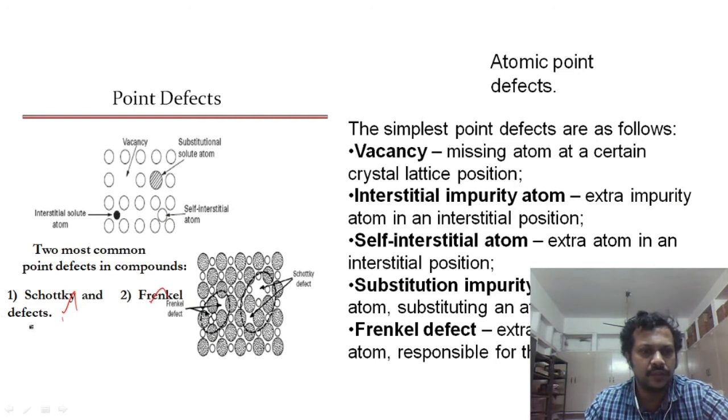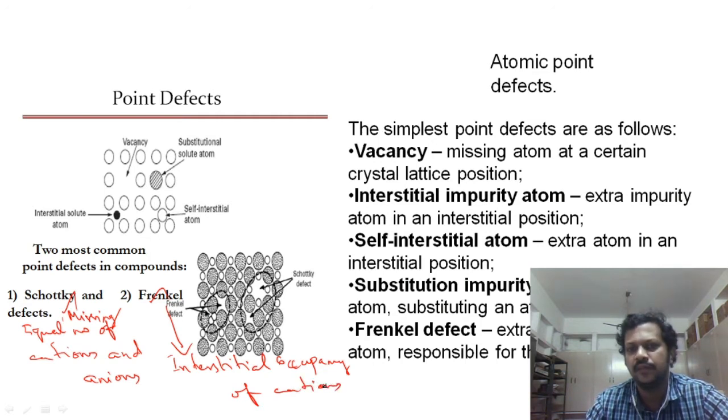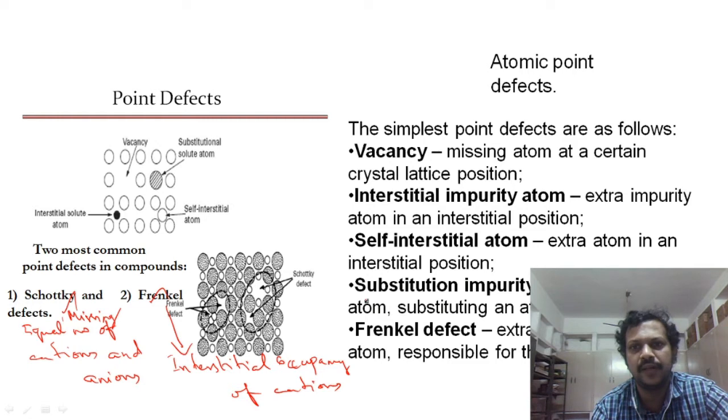So here, there is a missing of an equal number of cations and anions, and in this case, interstitial occupancy of cations. These things you have already studied in your lower classes, Schottky and Frenkel defects, right? So that's all about the point defect. It is a zero-dimensional defect, just a point, where there will be a defect at a single point. Next,